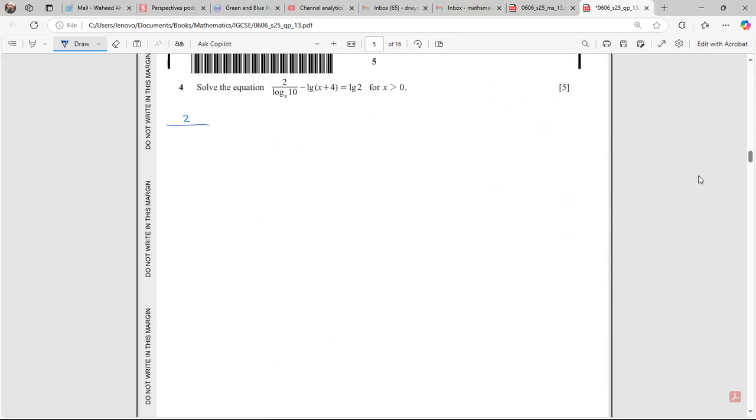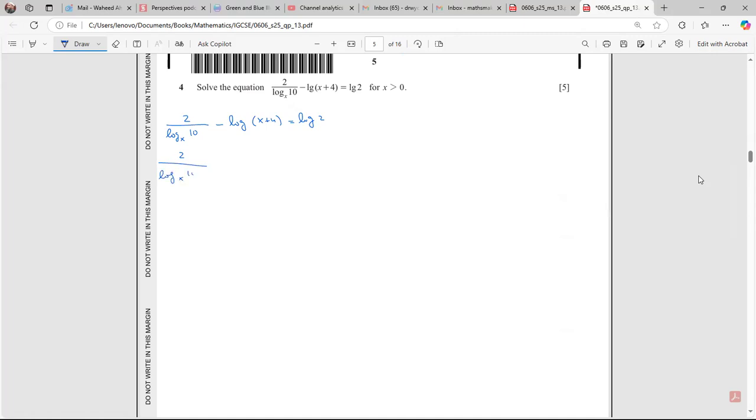It is 2 over log of 10 base x, minus log of x plus 4, and this is equal to log of 2. Remember, these two logs are base 10. So what do I do? Let me take this on the other side. So I have 2 over